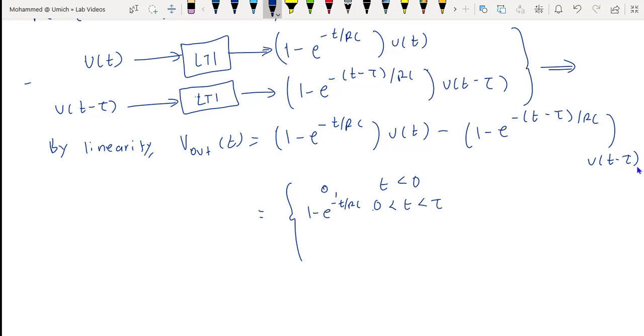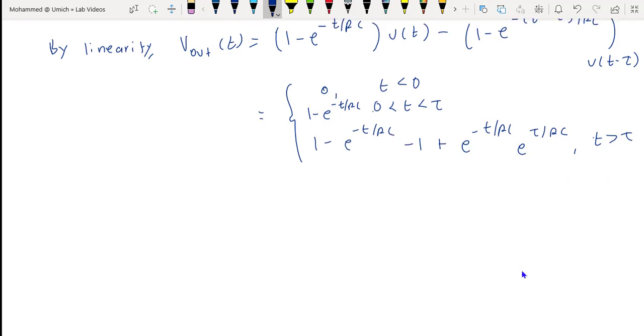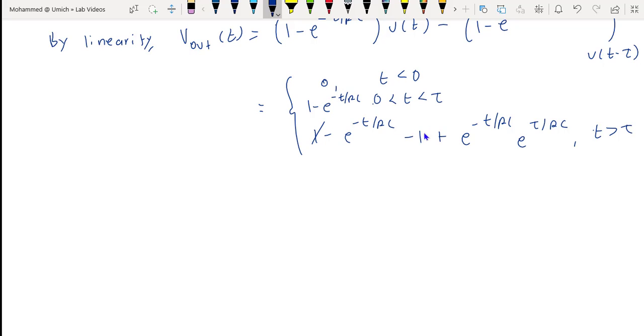And now, for t greater than tau, we're going to have 1 minus e to the minus t over RC minus 1, and I'm going to distribute the minus, plus e to the minus t over RC times e to the tau over RC, for t greater than tau. As we can see here, the ones will cancel out, and we can factor out e to the minus t over RC, which gives us V_out of t